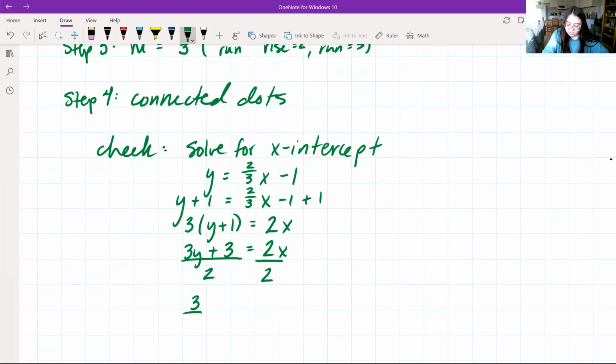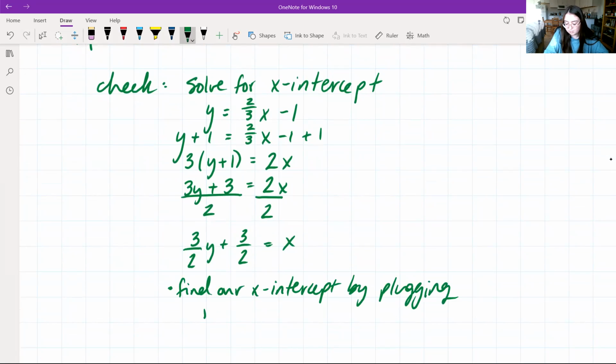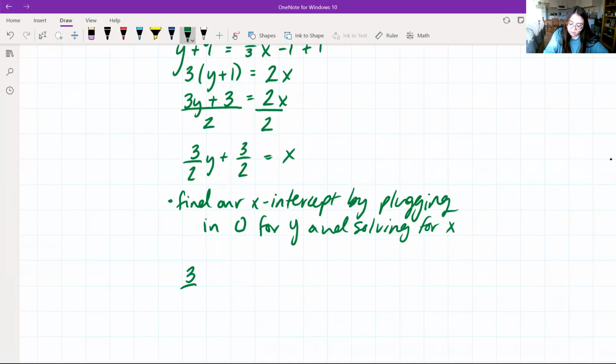So now we're going to have 3/2 y plus 3/2 is equal to x. And we find our x-intercept by plugging in 0 for y. So remember, we find our x-intercept by plugging in 0 for y and solving for x. So if we plug in 0 for y in this case, we're going to get 3/2